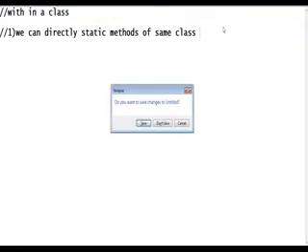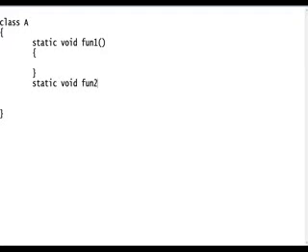That is the rule. See once, class A, I will declare the static rule first. Static to static. This is static void function 1, and this is also static void function 2. Both are static and belong to the same class. Can I call function S to S, is it possible or not? First rule is static to static, S to S, static methods into another static methods